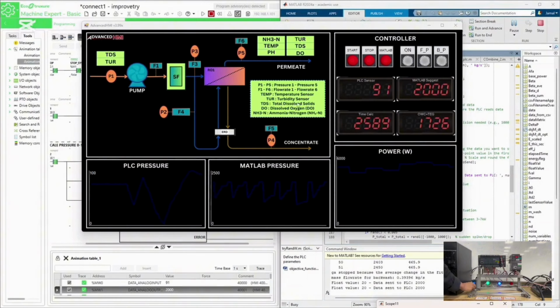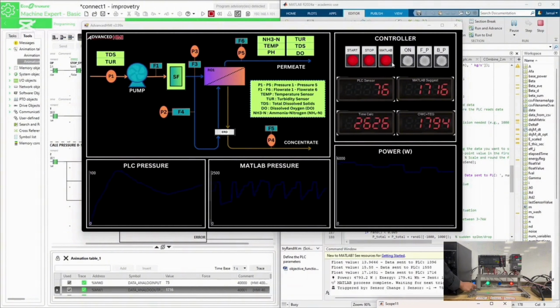And these platforms are fully synchronized to reflect the operational behavior of our membrane-based water treatment plant, including pressure dynamics, flow rates, and also energy management. At the center of it, the HMI shows the process flow diagram with the pump, security filter, membrane module, ARD, and sensors. P1 until P5 monitor the pressure. F1 until F6 monitor the flow rates, and we also have pH, DO, and ammonia nitrogen sensors that